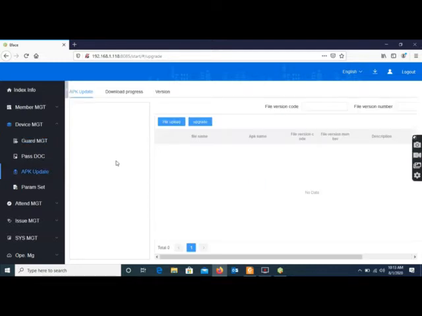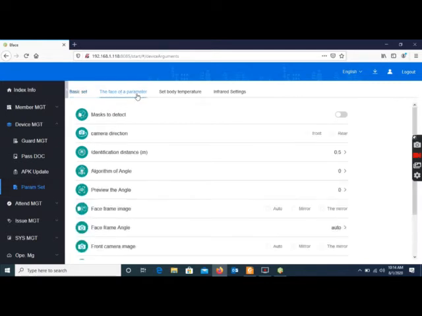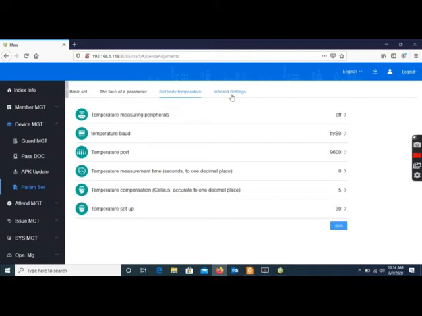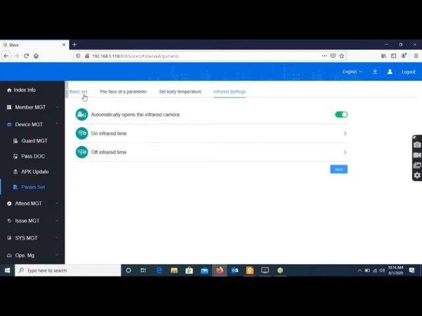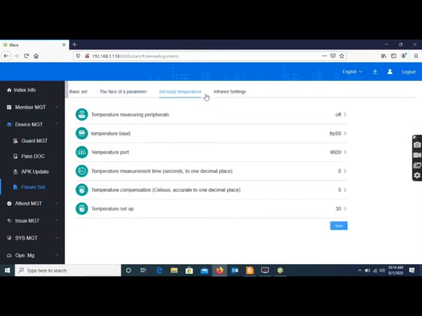It can be deployed to all of your devices at one time. A package of software is brought down, you bring it into your system here, and you can select the APK update, and this will upgrade all of your devices at one time. Your parameter settings are right here. You can do face parameters, body temperatures, and infrared settings, all from your parameters. So, if you want to change from Celsius to Fahrenheit, your body temperature, so